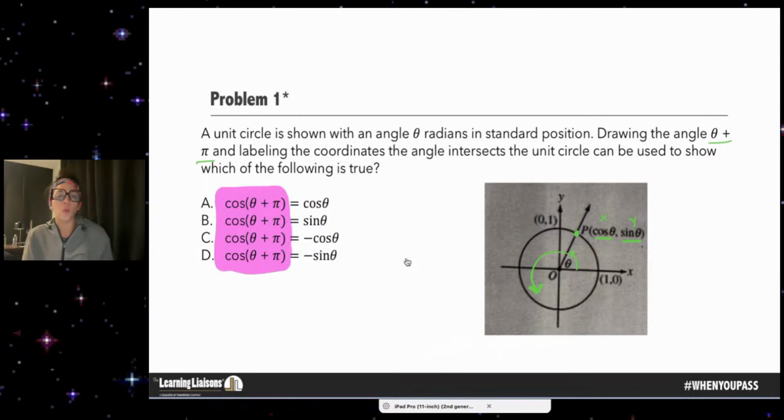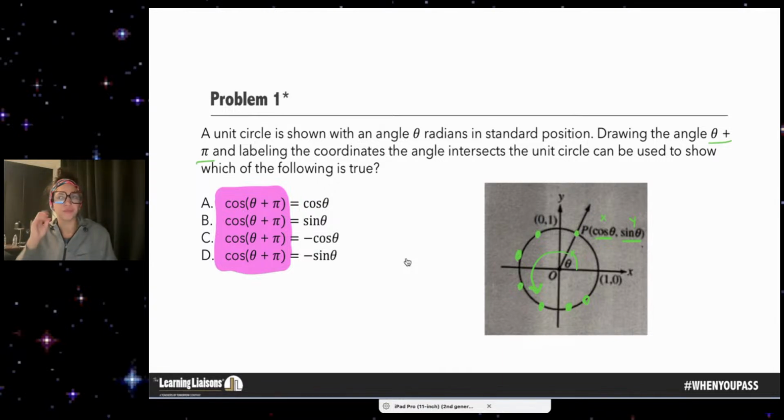So no matter where I land on this unit circle, I'm going to end with some sort of cosine value, not a sine value. I'm not flipping this. I'm not reflecting this. I'm not rotating this. All I'm doing is adding a value to it. So whatever my cosine value is going to be, cosine of some sort,